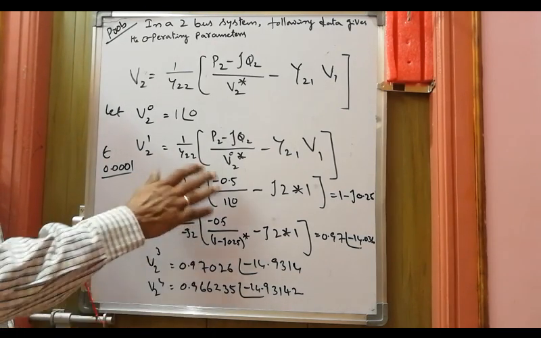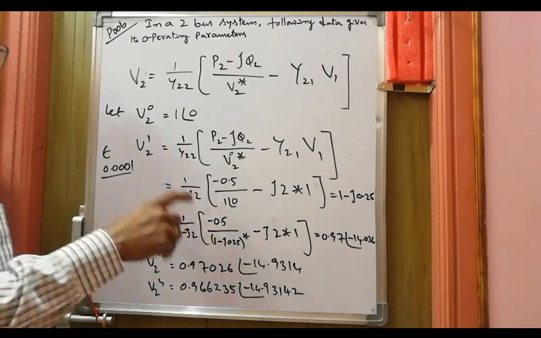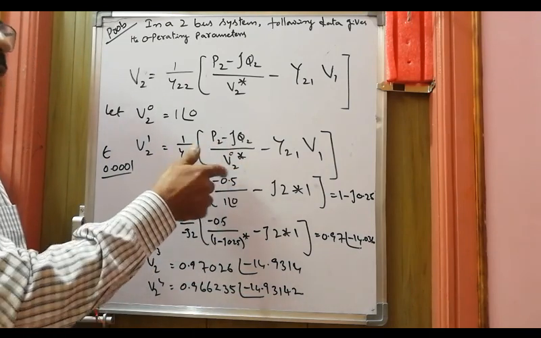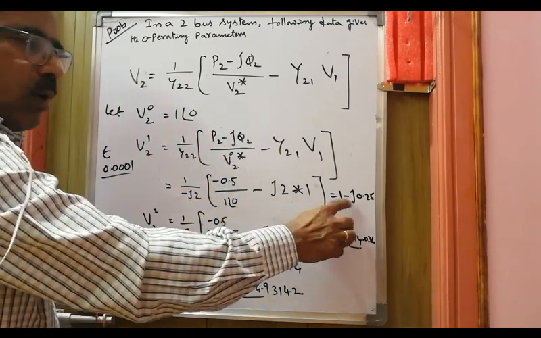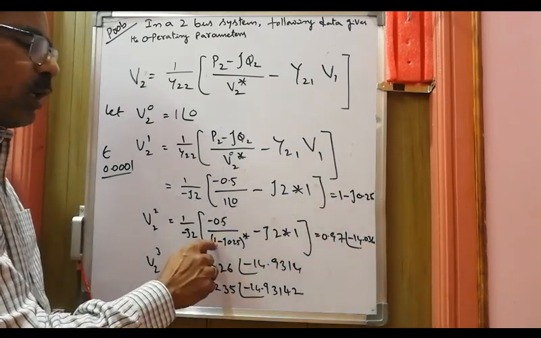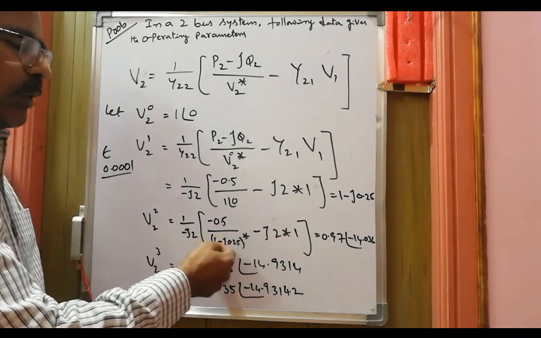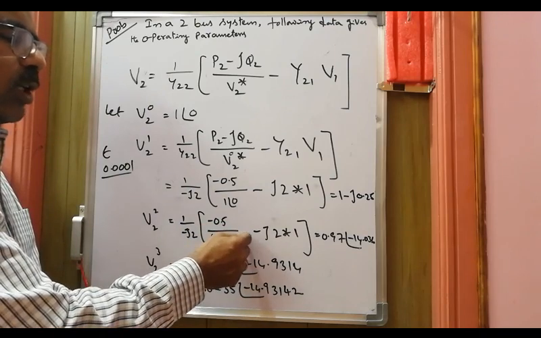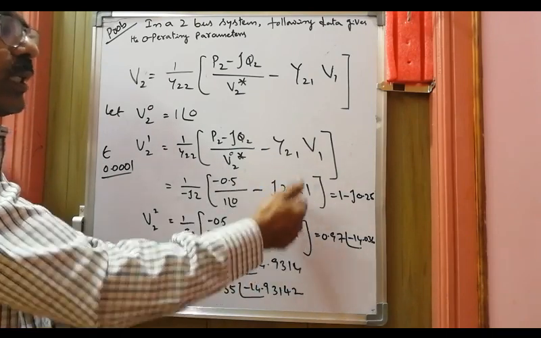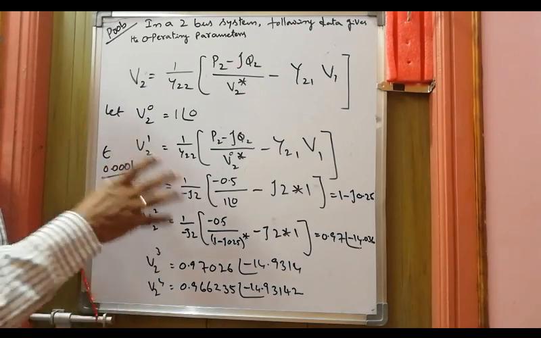Each time when you compute an iteration, the latest value is to be substituted, and also don't forget to take the conjugate. If it is 1 angle 0, conjugate is same. If it is something else like 1 minus J0.25, which you are substituting, the conjugate of that is 1 plus J0.25. So that's why I am writing here 1 minus J0.25 conjugate, which becomes 1 plus J0.25. The remaining things are anyway same. So only this value differs in each iteration in this problem.